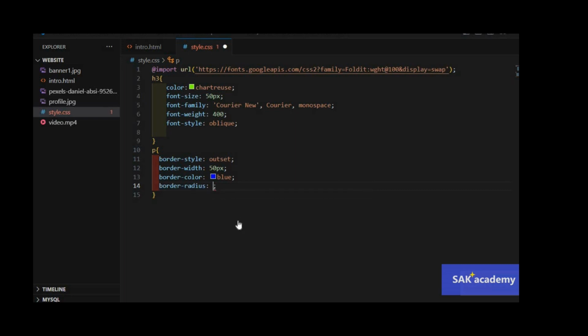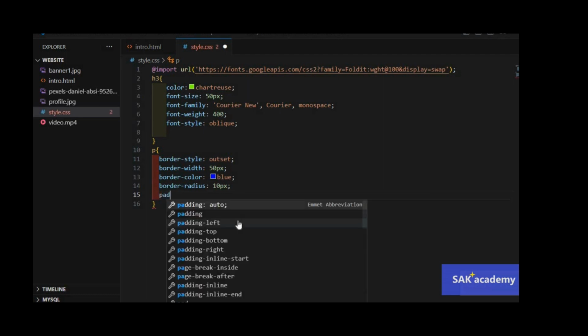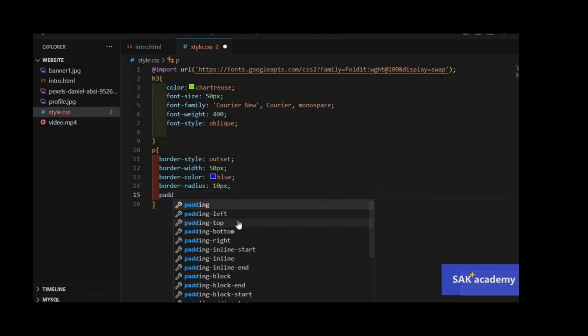For example, border color red will set a border with a red color. Border radius sets the radius of the border corners. This property can take a specific size value or a percentage, that is 5 pixel or 50 pixel, like that,